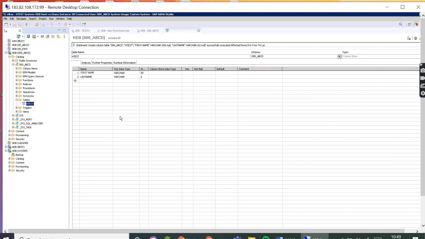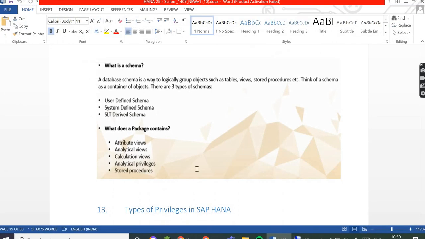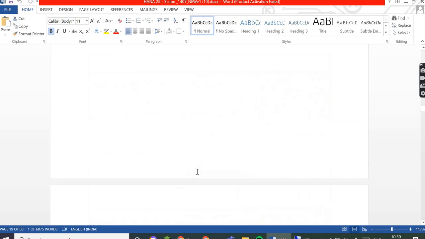The main idea is that whenever we create and activate a design time object, its ownership automatically changes to sys repo. This is also written here.